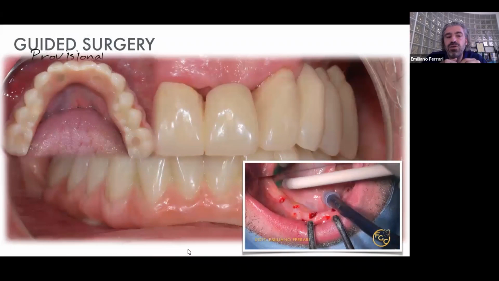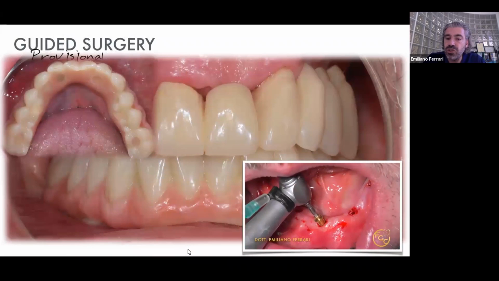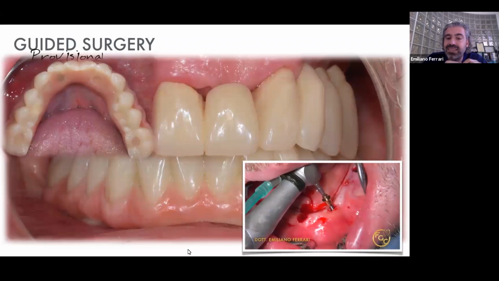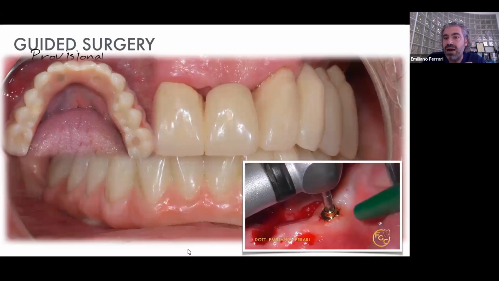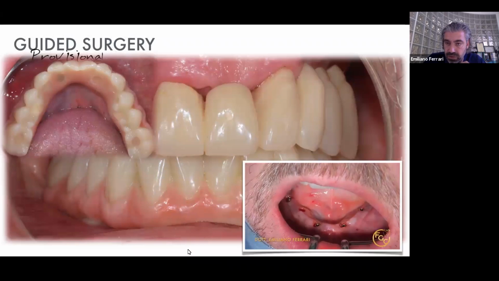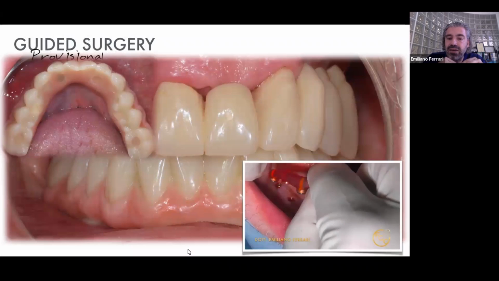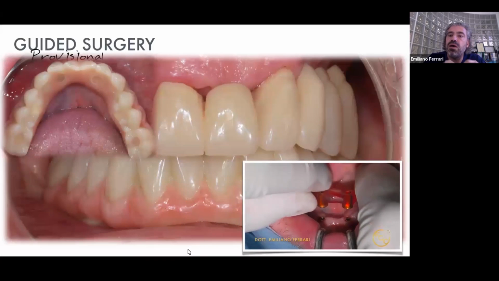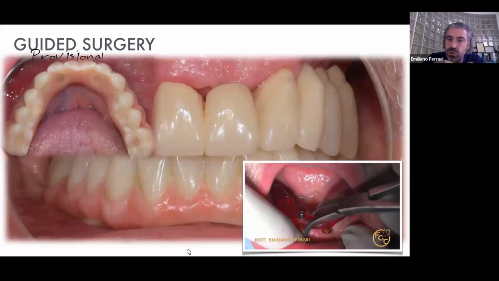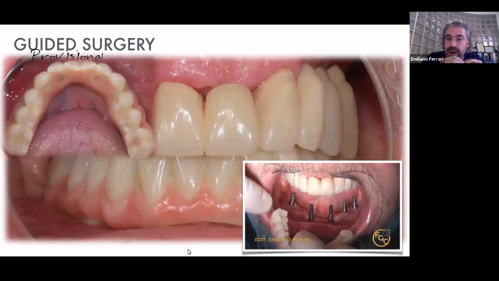After that, you can deliver your provisional at the time of the surgery. So after the screwing of the equator, as you can see in the video. One thing that I like very much is to use a micromotor screw device for the screwing of the abutment,